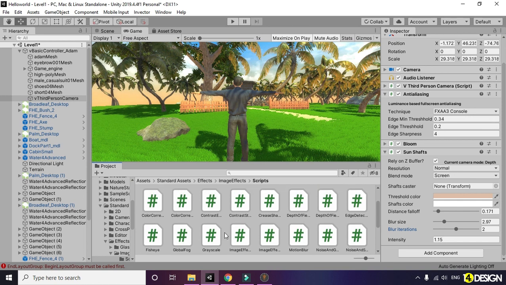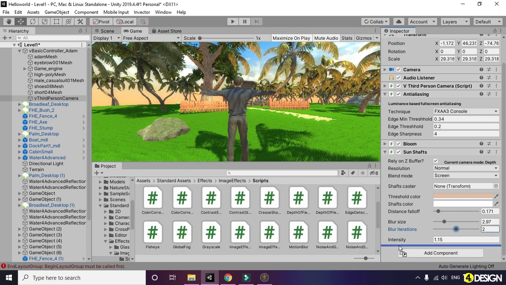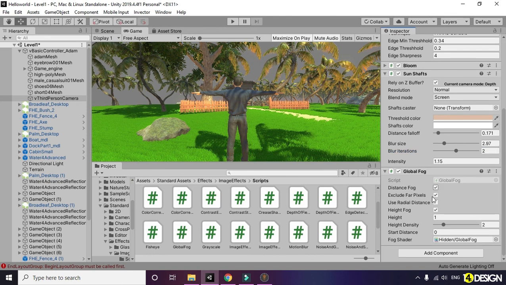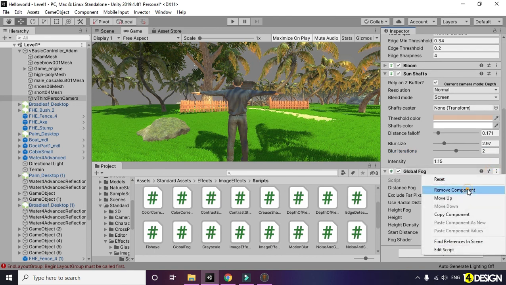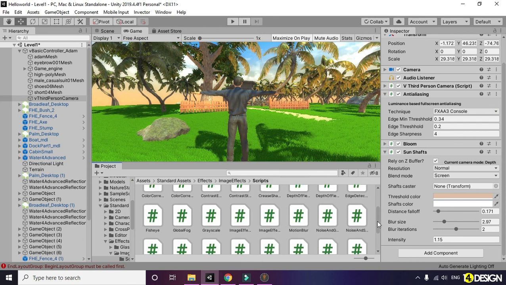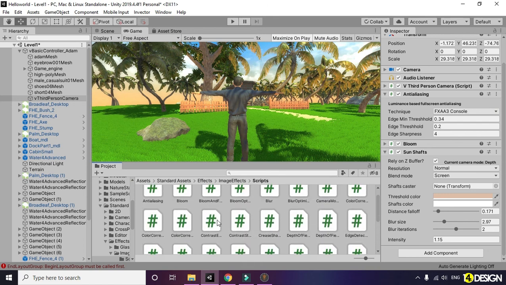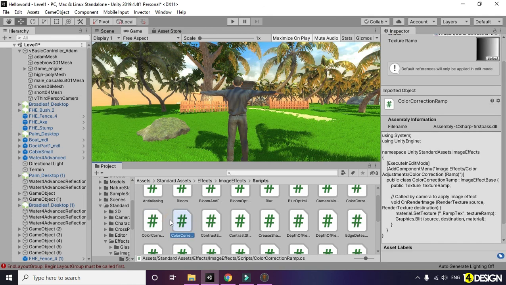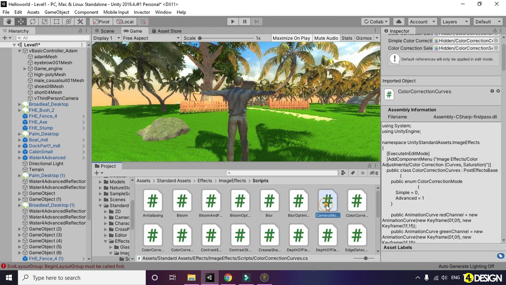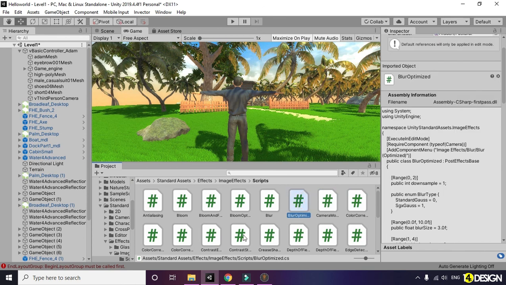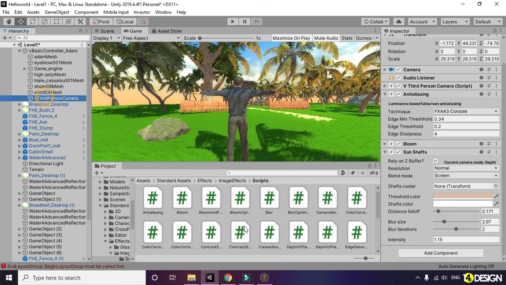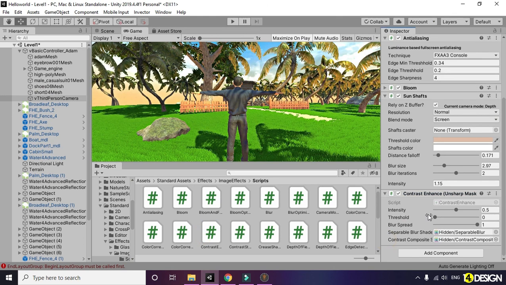Let's see what else we have. We have a fog option here. You can add the fog. Nah, the fog doesn't look good. I'm gonna add some color, actually, some color boost. There we have it, color correction. Let's actually use the contrast. Adjust the intensity, threshold. Now let's play.